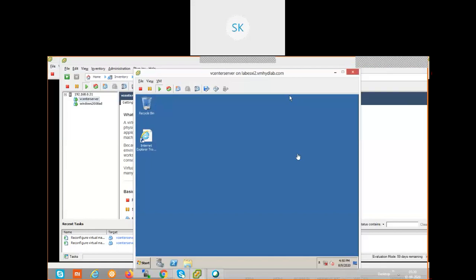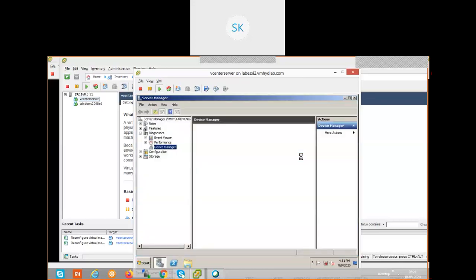Respective operating system, in the sense, here in this particular server we loaded the operating system Windows 2008. While creating the VM, we added a NIC. Which NIC did we add? VMXNET 3. If you go to Device Manager of this particular VM, and see what drivers are loaded for each device, the motherboard, hard disk, display driver, everything has a default driver. If it is compatible, it is going to load a default driver.